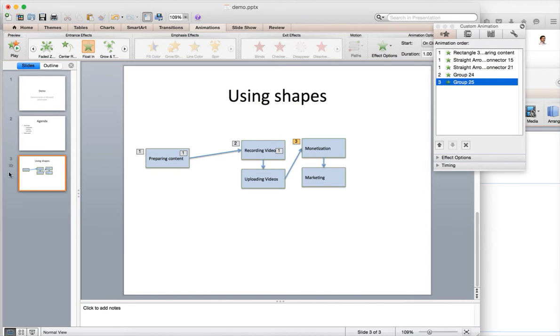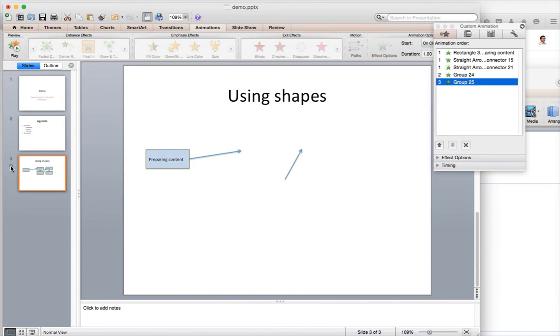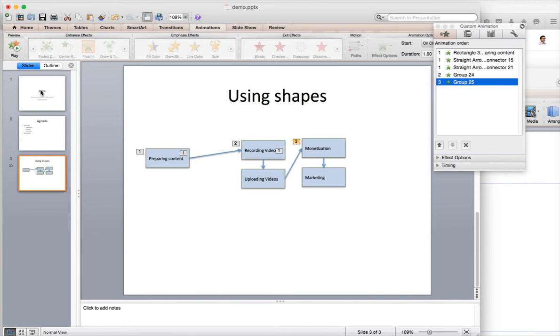So even these two shapes are now added as part of the animation, and you can actually see the preview by clicking on the star icon on the left side of the slide, in the slides preview. So this is the preview. So first it is getting the rectangle, preparing content and arrows together, which is not very good. So what we have to do is choose this second item, and then under the effect options,